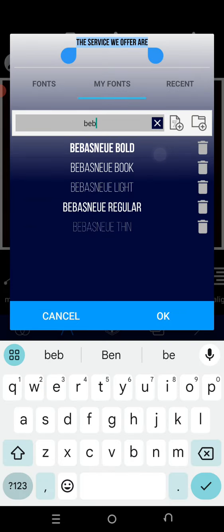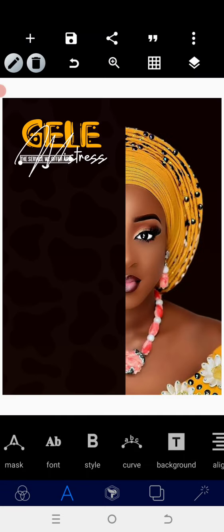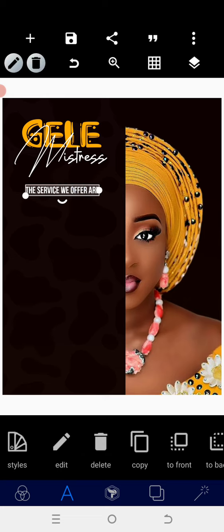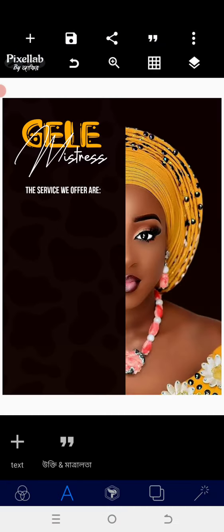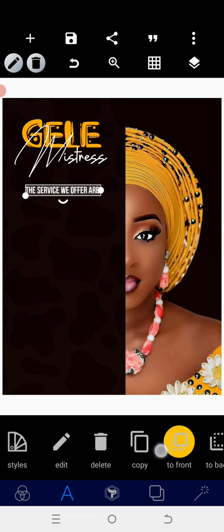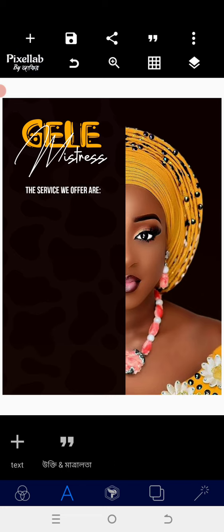Big bass font. So let's say this is the services we offer are, I put the colon in front. After positioning that, we can now have